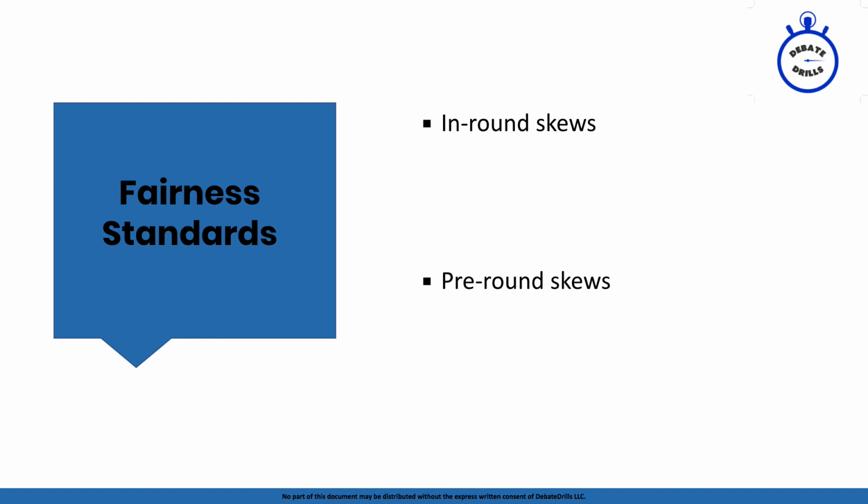Now, similarly, there are multiple other ways in which people talk about pre-round and in-round skews, but these are the most popular ones at the topmost level. I want you to note down and be ready to discuss with your instructor. So, to summarize, the pre-round skews tend to be around a lack of reciprocity with research burdens, and second, a lack of reciprocity with information access.